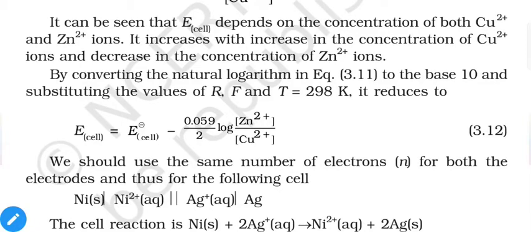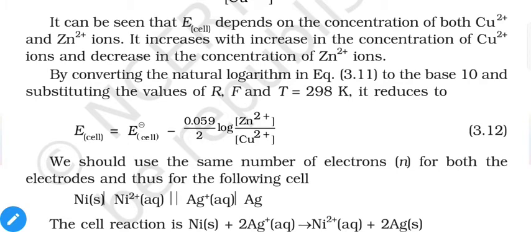It increases with an increase in the concentration of Cu2+ ion and decreases with the concentration of Zn2+ ion. By converting the natural logarithm in equation 3.11 to base 10 and substituting the values of R, F and T, where T at normal temperature is 298 Kelvin, then our equation will be